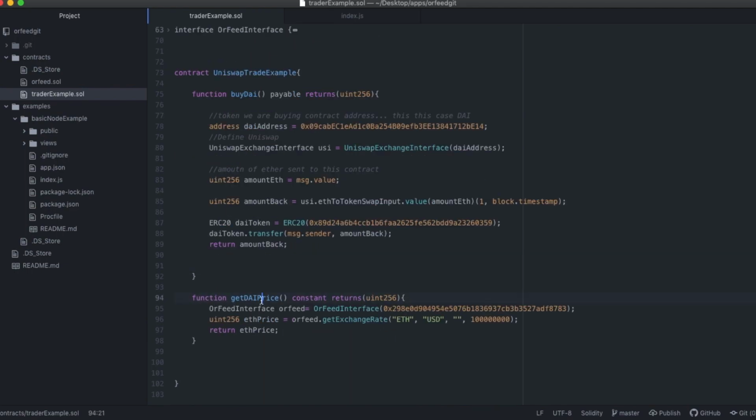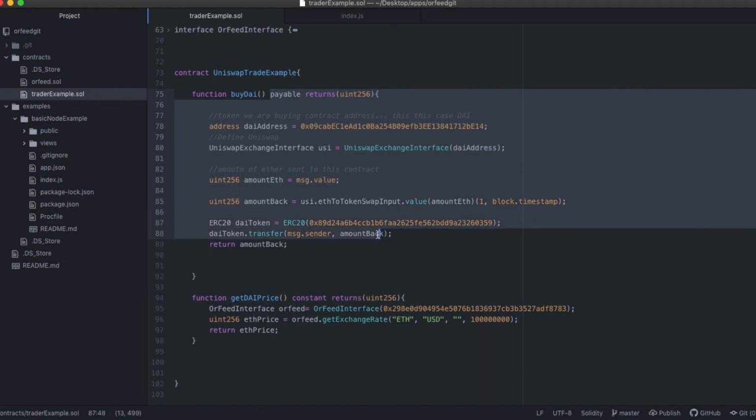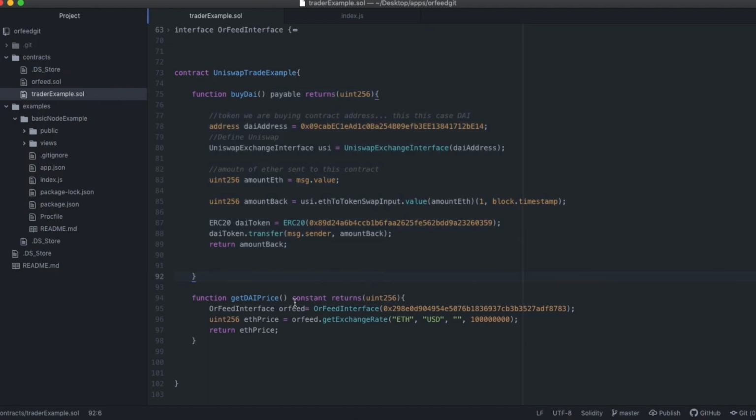Then over here, we have a function that's constant, which means that this doesn't cost anything to get the information. So this is free data that anyone can access. Whereas this, you have to actually pay something. And you also have to pay gas, which is just what the Ethereum blockchain itself charges you to run a transaction. So there are free transactions, and then there are transactions that cost you money. Things that don't have constant in them are going to cost you money, and constants are just things that return information.